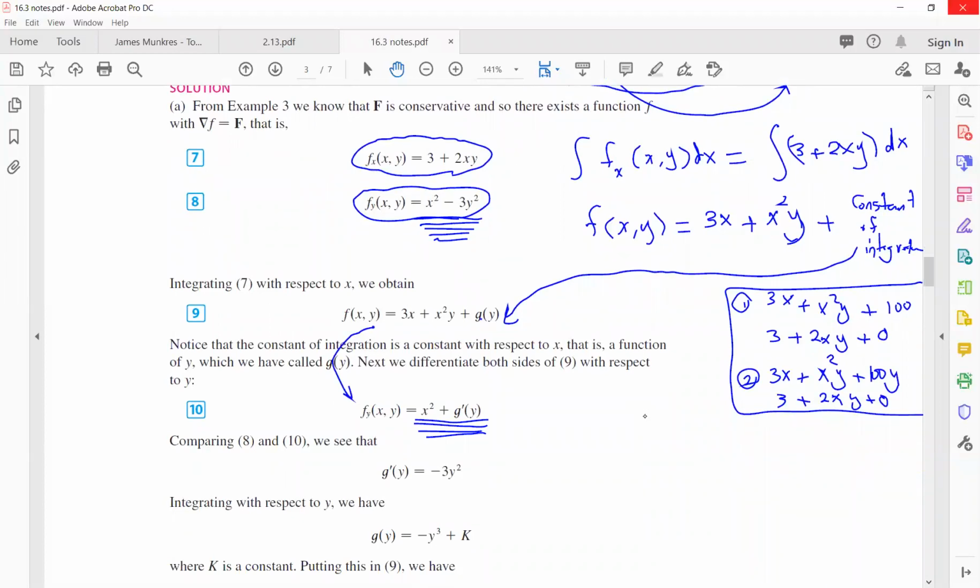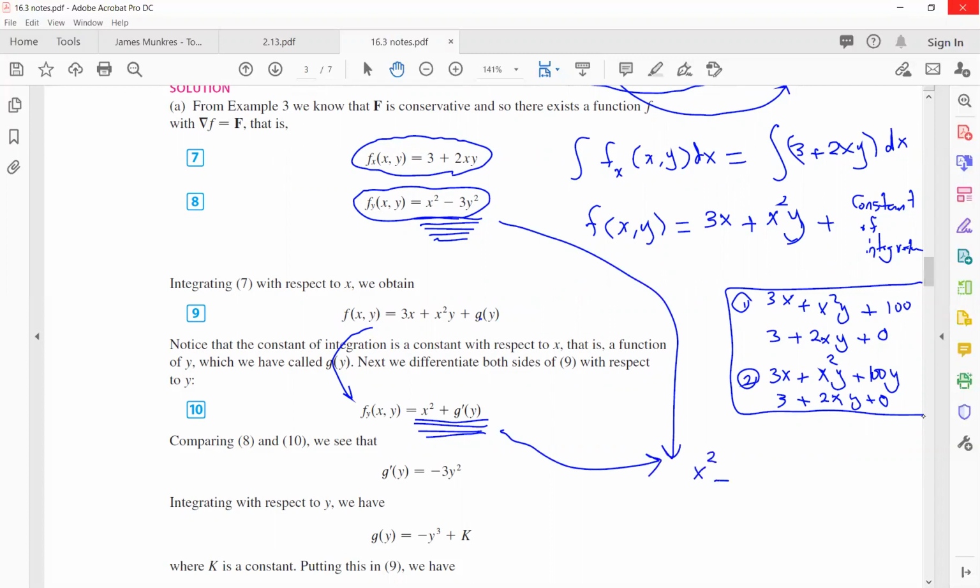When you set these two equal to each other, let me just erase this. I'm going to write it here for you so you don't miss any detail. I'm going to use this and this, and set them equal to each other. X squared minus 3y squared equals x squared plus g prime of y. So by subtracting x squared from both sides, you get g prime equals negative 3y squared. Now what is g? You can take the integral of both sides. The integral of g prime